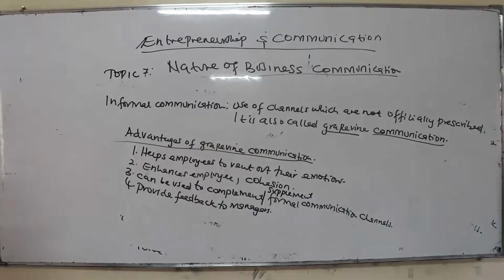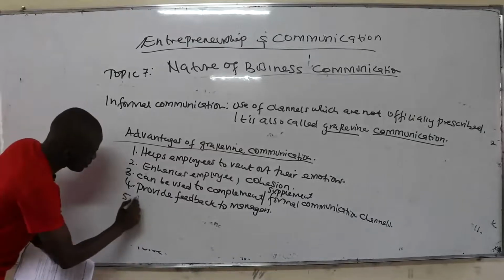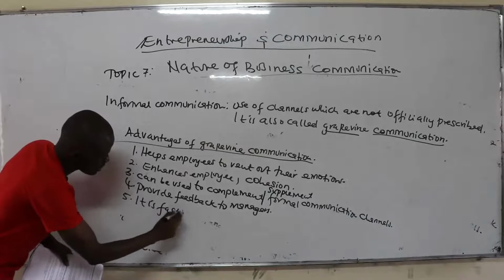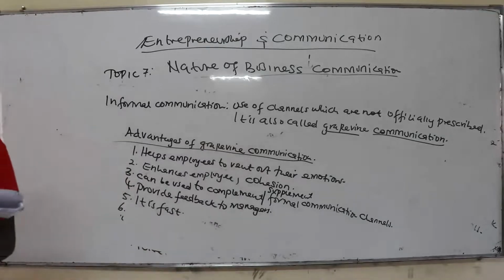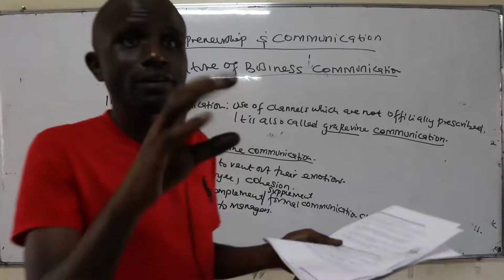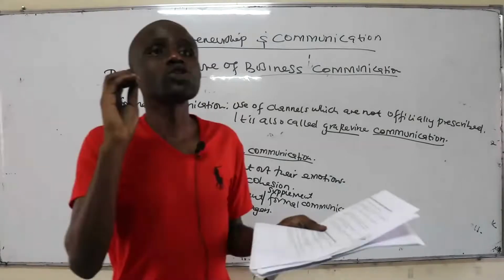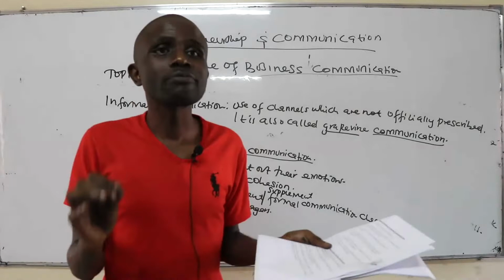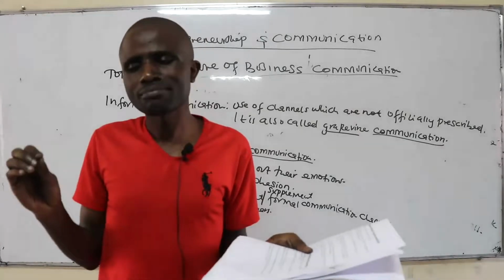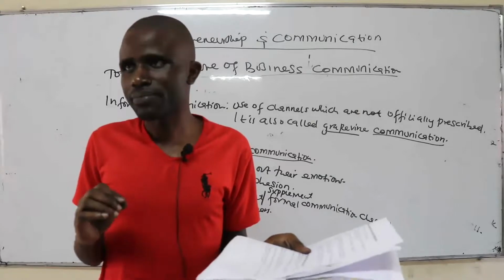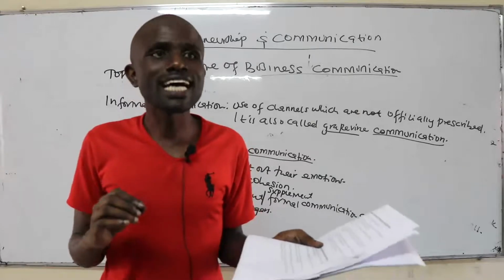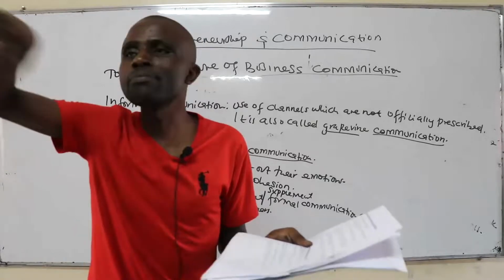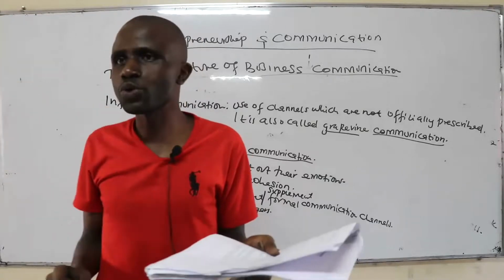It's fast. Another use: maybe you want to introduce new proposals. What do you do first? Before you communicate officially, you can use the grapevine leader. You give him that information so that he can tell the employees. For instance, you can tell the grapevine leader that we are making some proposals to give you salary cuts. Are you together? Then the grapevine leader will know how to use the grapevine channels to spread that communication to the employees.